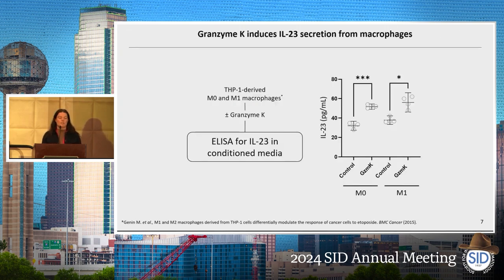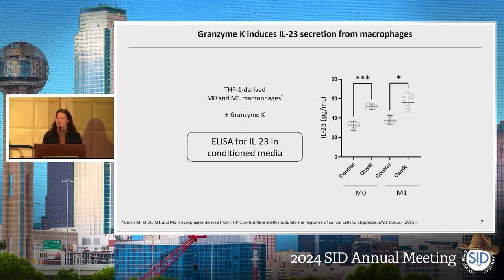Now, on a slightly different note, I touched on before that we've also showed that Granzyme K can mediate inflammation. In our mouse model, we saw large differences in terms of the numbers of immune cells as well as pro-inflammatory cytokines, with these being elevated in the wild-type mice compared to that of the knockout. One of the standout pro-inflammatory cytokines, which we saw the largest differences in, was IL-23.